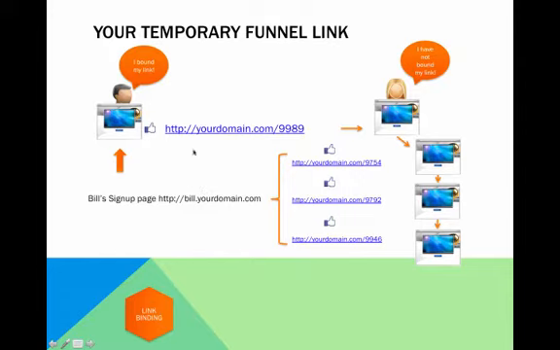Well, the reason is because Bill has already joined HGI, which means Bill has bound his link. Because when Bill joins HGI, Bill takes his username from HGI, binds it with his funnel link, and then that ID is passed down through these link generations. So the system can track that. So until you join HGI and bind your link, you will not be able to get credit for the people that click on the links and come in through this path to join your organization.